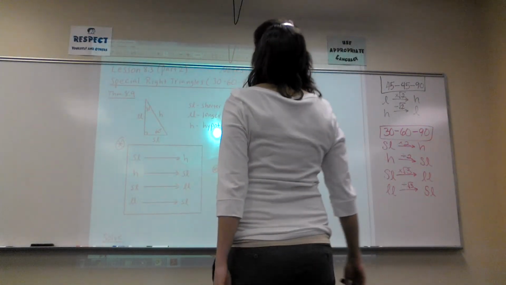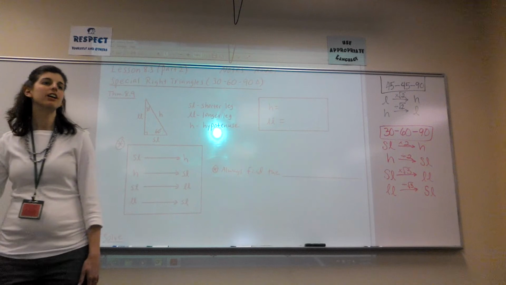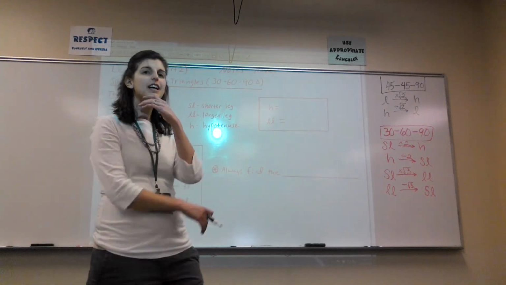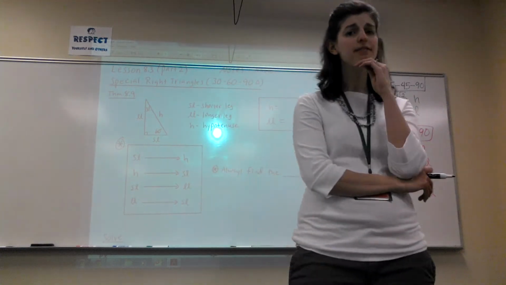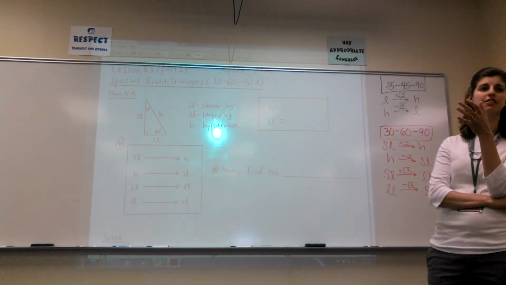So, this is 8-3, the second part. What we're going to talk about in 8-3, the second part, is the 30-60-90 right triangle. We talked about the 45-45-90 right triangle yesterday. Its